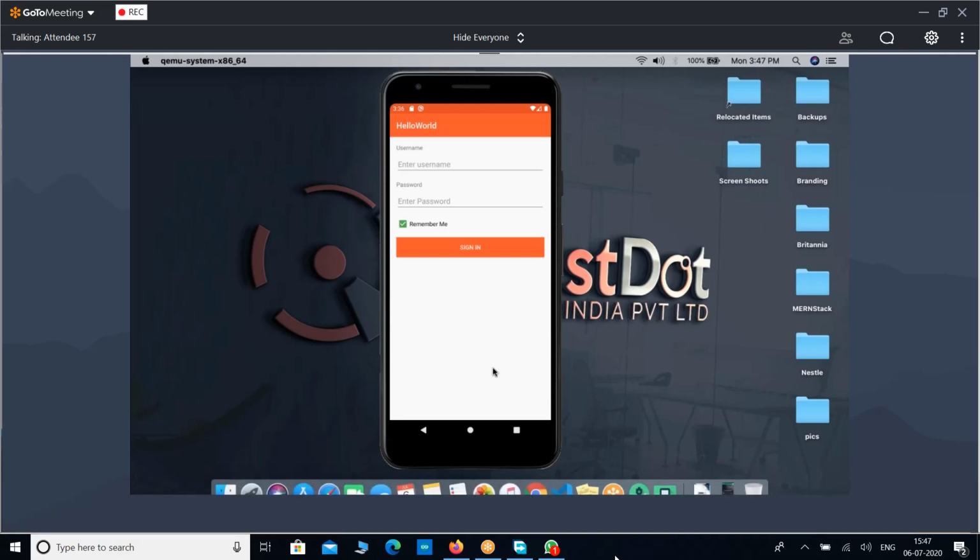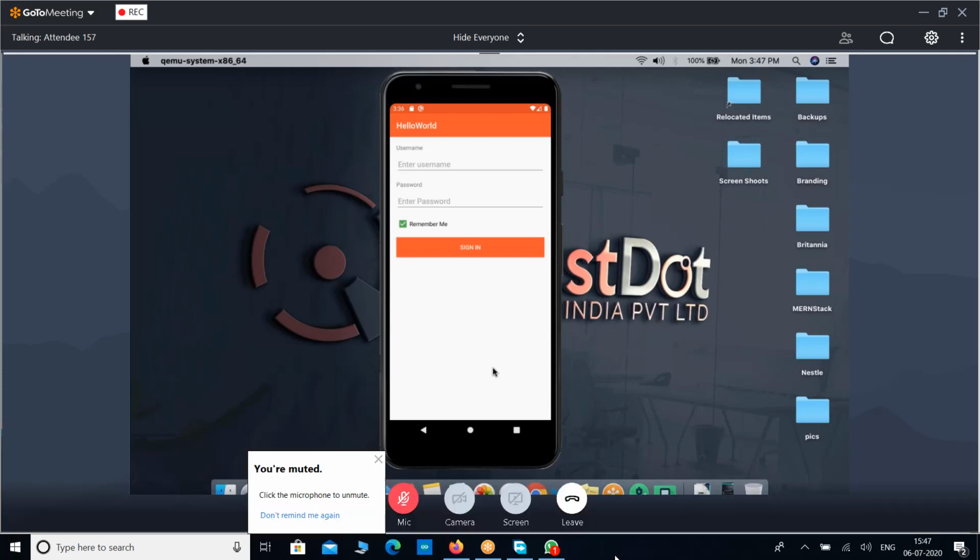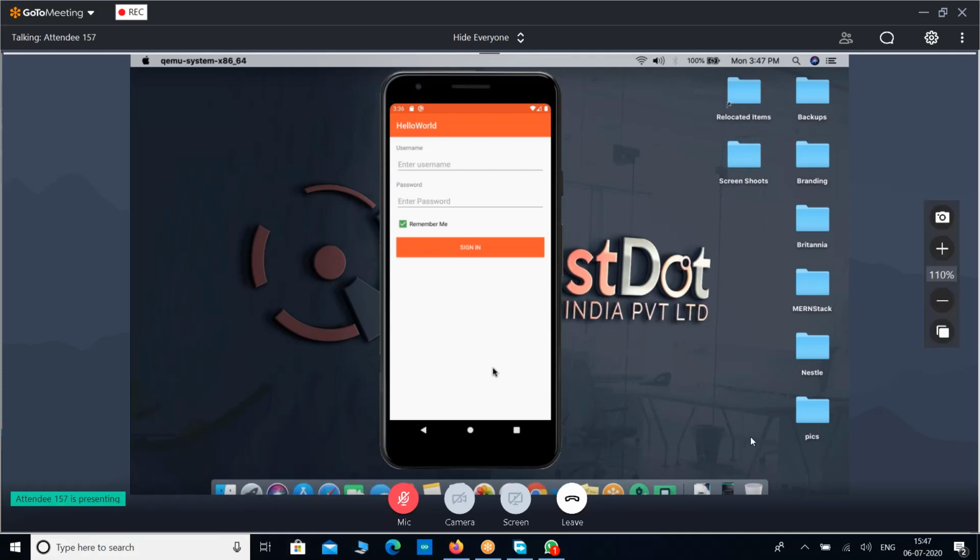But if you have a real device, it is better to test with it, because running an Android emulator takes a lot of RAM and space on your PC, so it will slow down the entire laptop. Instead, if you have your own device, it's always recommended to connect it through USB and test your application on it.